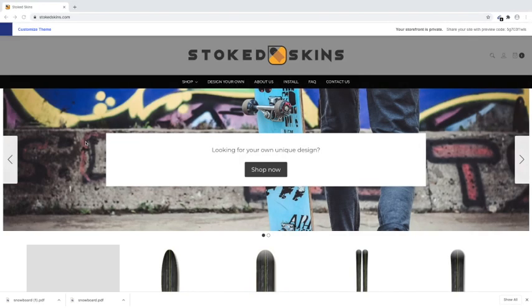Tutorial on how to design a skin on our website without having to use fancy design programs. We've got a pretty powerful engine designed into this website that can help you design pretty much whatever you like. So what we would do is start with clicking on Design Your Own,